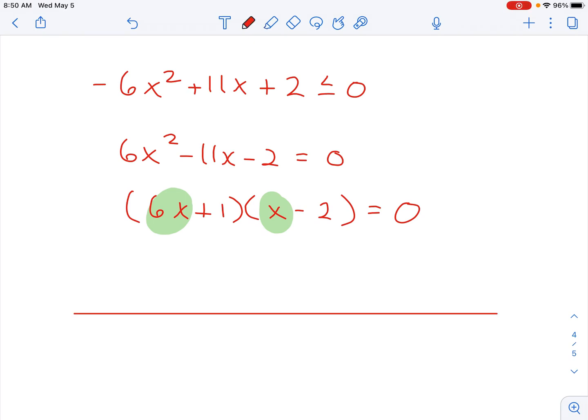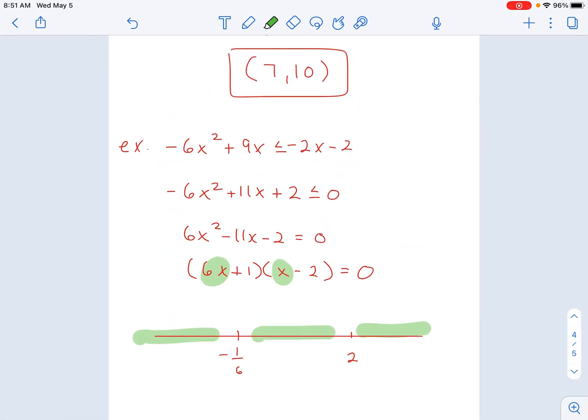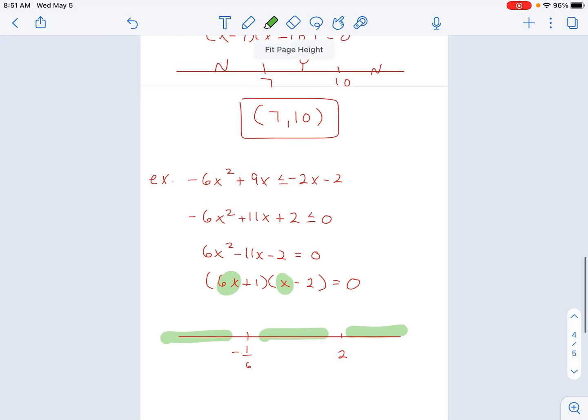So I again would draw my number line. I have negative 1/6 and positive 2. I would test my 3 boundary areas, and then I would write my solution accordingly. So I'm going to leave that up for you guys to finish, because this has gone a little longer than I expected, but we went through our linear inequalities and our quadratic inequalities, and so now it's going to be time for you to work on your